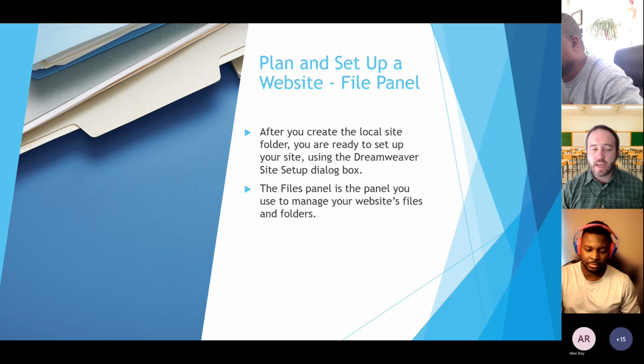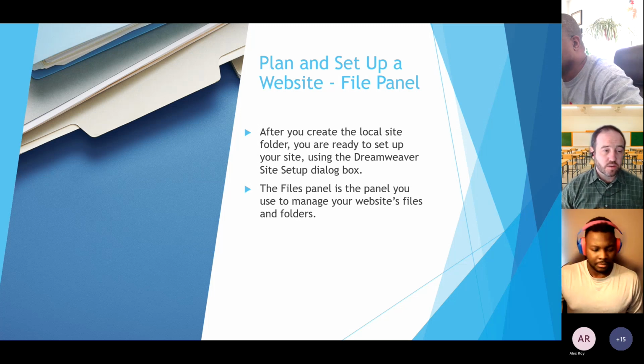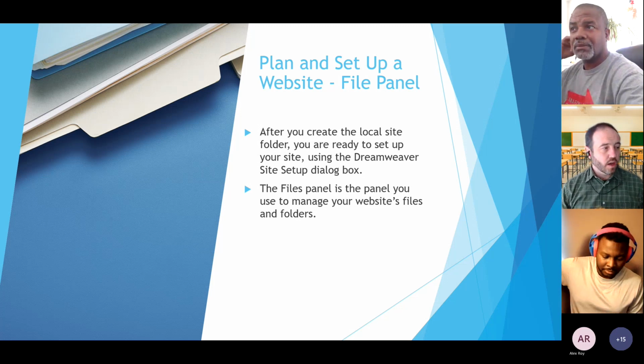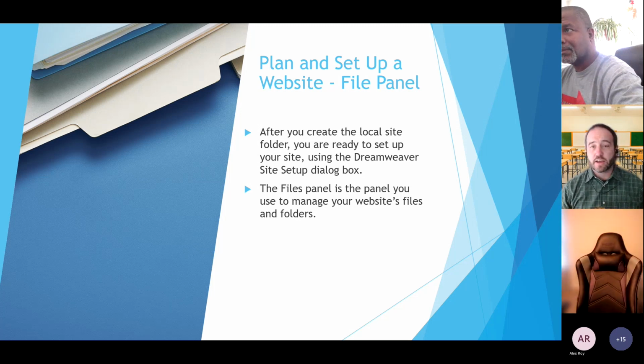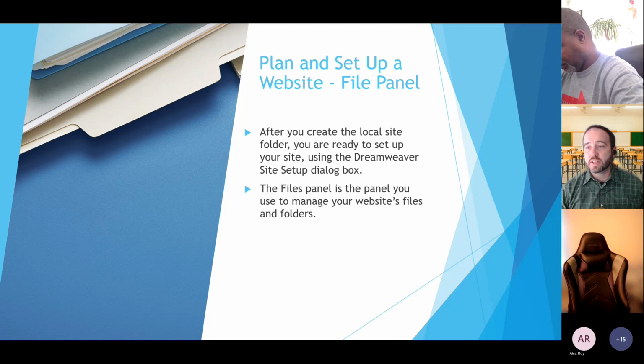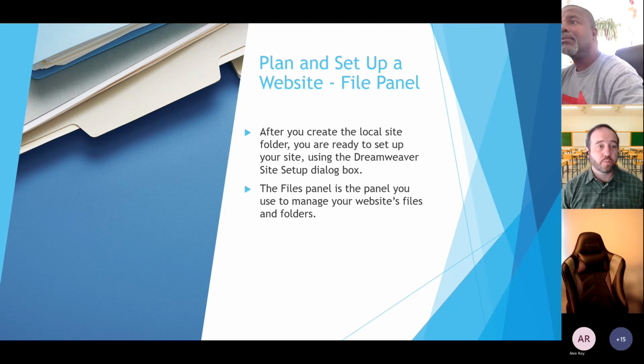So we're going to get into sites, I think, next week, I believe. For right now, we're just going to be operating with these individual files, but eventually we're going to be using that file folder or the file panel